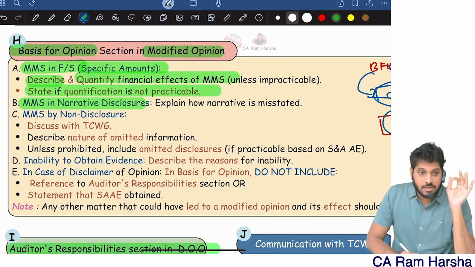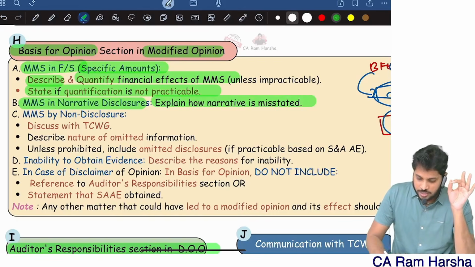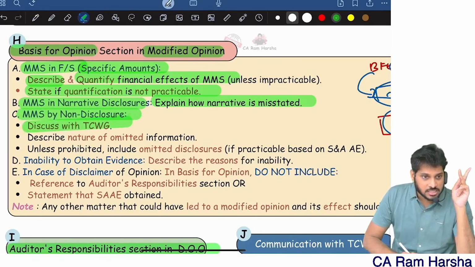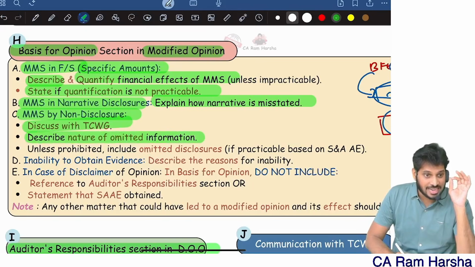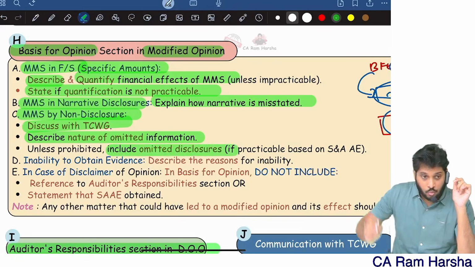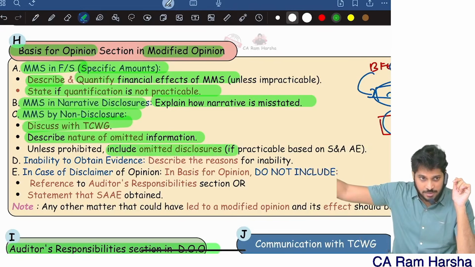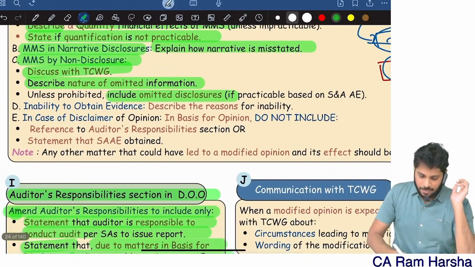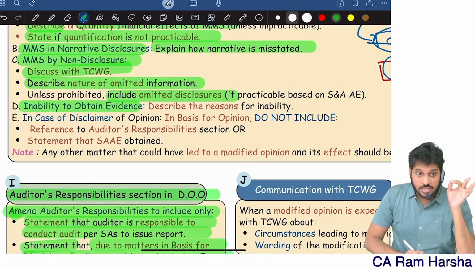Sometimes the misstatement will be in the form of a narrative disclosure. Explain how the disclosure is misstated. Sometimes the misstatement is by non-disclosure. First I will discuss with the management and ask them what exactly they omitted. I will ask them to include it. If they don't include it, whatever their disclosure omitted in the balance sheet, P&L, notes, I will disclose in the audit report if practically possible.